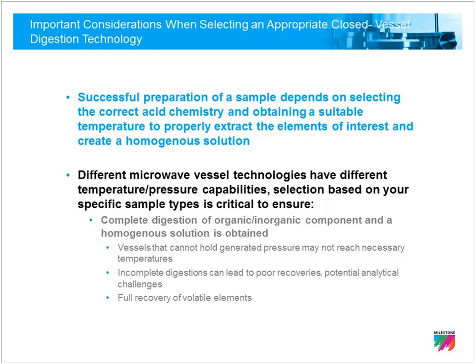Now, what we first must do is understand our sample type and understand the temperature that we need to obtain to get a good digestion, as well as the associated pressure that is going to be generated when we're digesting that sample. Once this is understood, you can then select the different microwave vessel that might be appropriate for you, or the different microwave configuration that is best based on your needs. The reason that this is important